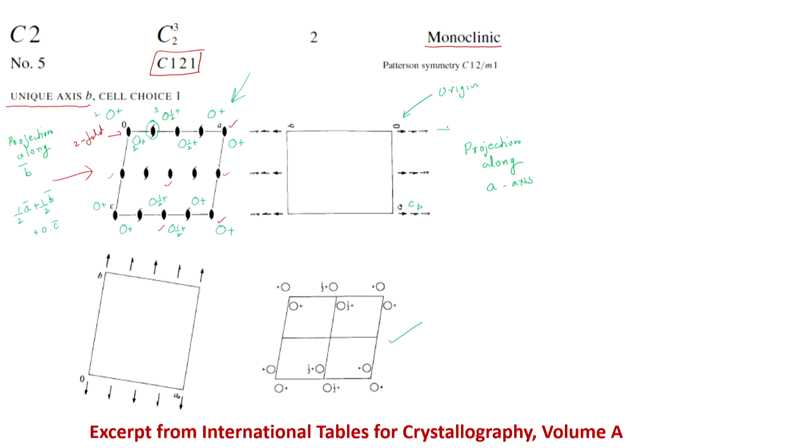Let me just draw this again so that this becomes clear. Essentially, it is showing that I have a two-fold getting projected onto the same line, and the two-fold screw axes are getting projected on the same line, shown by half an arrow, indicating that these are two-fold screw axes. Same symbol out here, same symbol out here, these are all the same symbols.